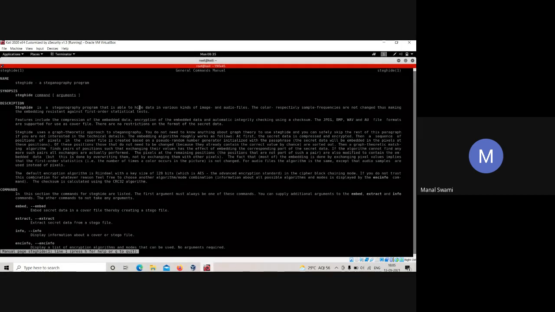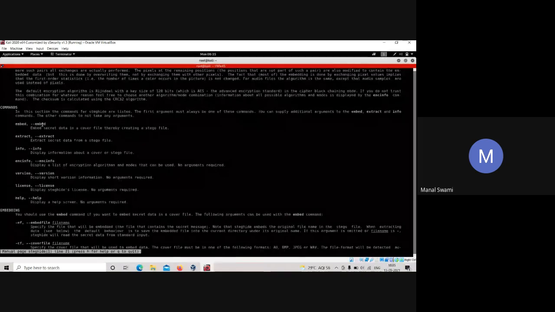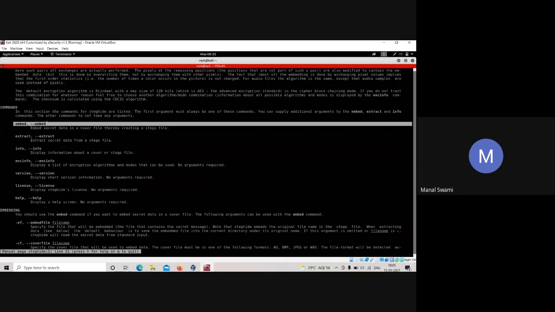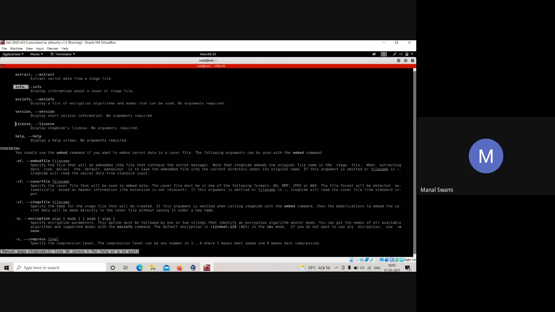This is the manual: who made it, how it was made, what the commands are, everything. We'll be using dash dash embed or simple embed to embed the data. This is used to extract the data. This is the information. Here is the license of StegHide.